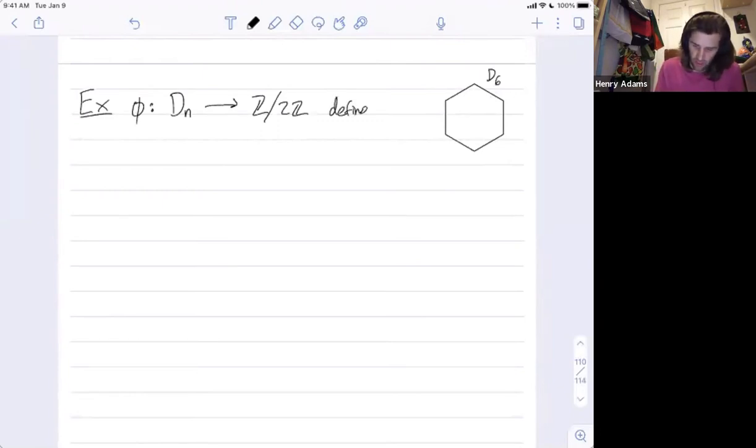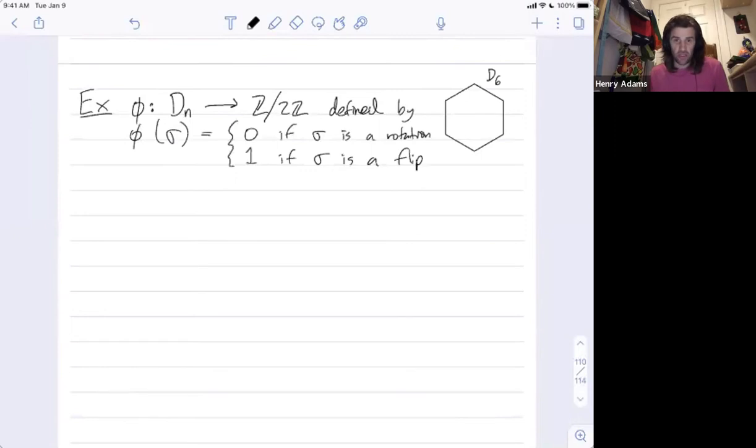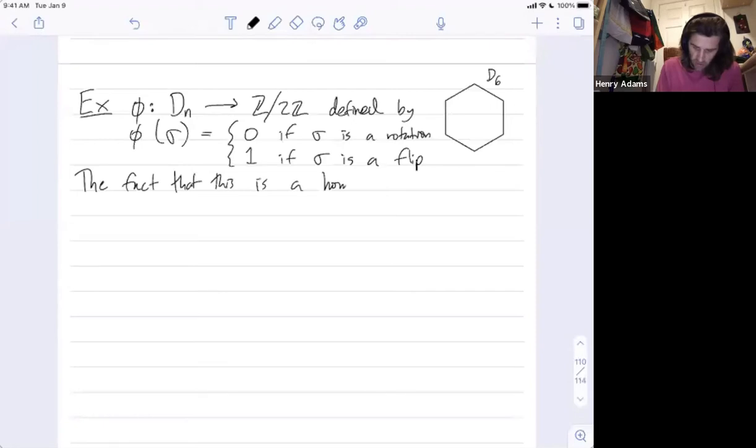All right. So how am I going to define this homomorphism? I'm going to send a symmetry sigma to 0 if sigma is a rotation. And I'm going to send this symmetry sigma to 1 if it is a flip. So the fact that this is a homomorphism